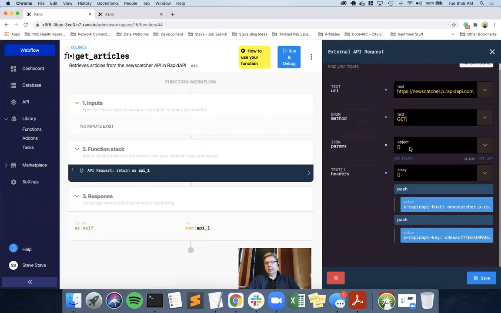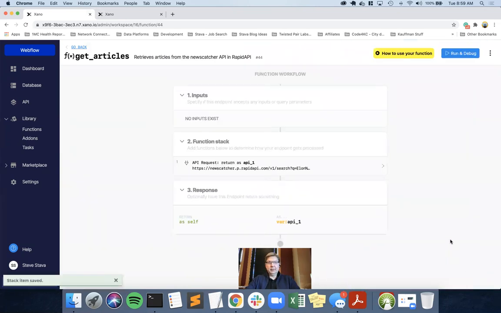It has no JSON parameters set up, but it does have the header information I need to successfully call the API. Let's see what we have here. And then it has all of my query parameters. So here's my search that I'm doing. And then you'll see there's my Elon Musk, my English, sort by relevancy, page one, and media true, which means give me the image link as well. So I'm going to go ahead and save that. And if I have done everything correctly,